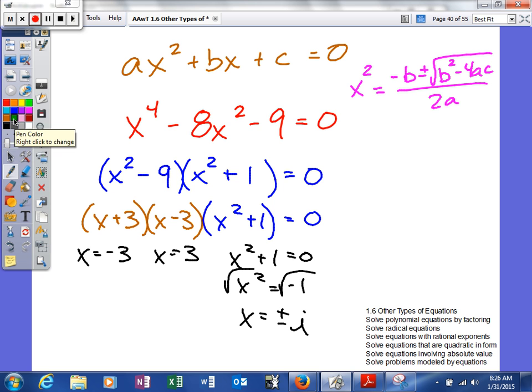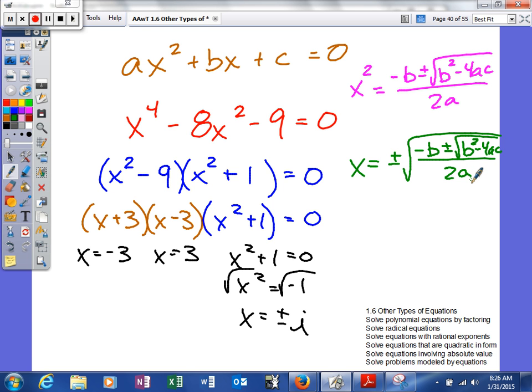But for a problem like this, you would actually get x is equal to plus or minus the square root of negative b plus or minus the square root of b squared minus 4a times c, all over 2 times a. So again, we have to get 4 solutions. This would only give us 2, but when we take the square